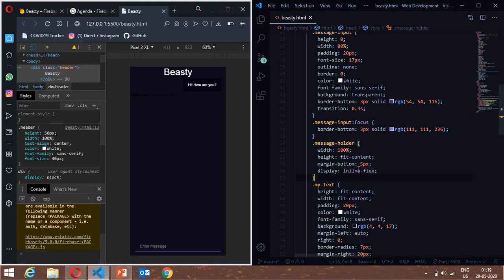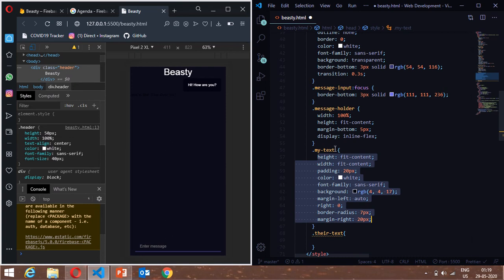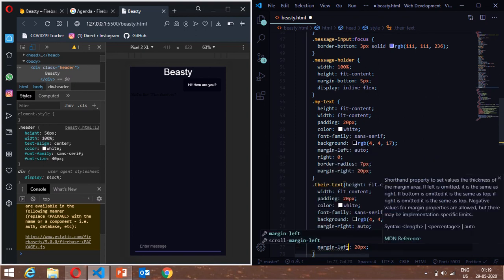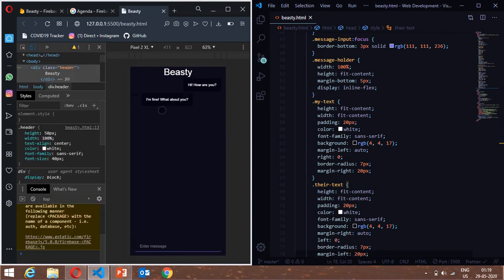I mean, my side is done. Now we're going to do the same for dot their text. Okay, dot their text, but it's going to be a bit different, so that's why we are not going to simply write their text by giving a comma over here. You're going to paste everything over here, copy this and paste everything here. Okay, and make this margin left, margin right, this right left, and this margin right left. So we are just changing the directions, and when you save it, you'll see that it's well shaped,